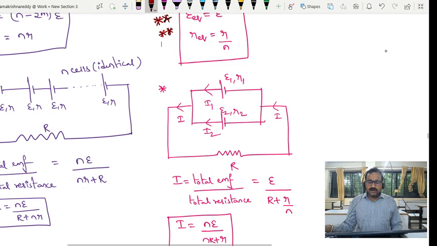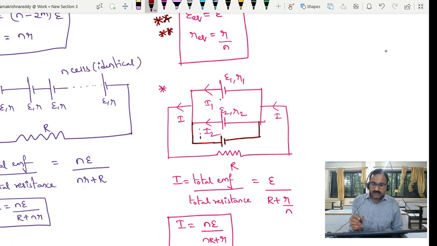So roughly we are showing E1, R1, E2, R2 and so on like that. So we are connecting another one like this. N number of cells are connected in parallel combination. All have the same EMF and internal resistance. Then what about the formula we are getting there? We can write it as in normal cases, but now we are taking all the same: E comma R, E comma R and so on, E comma R.